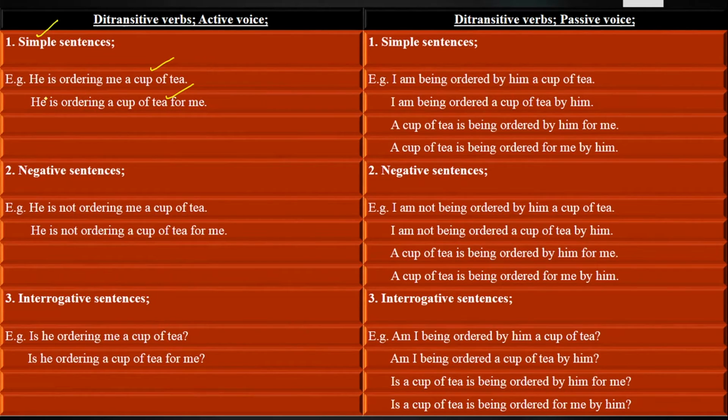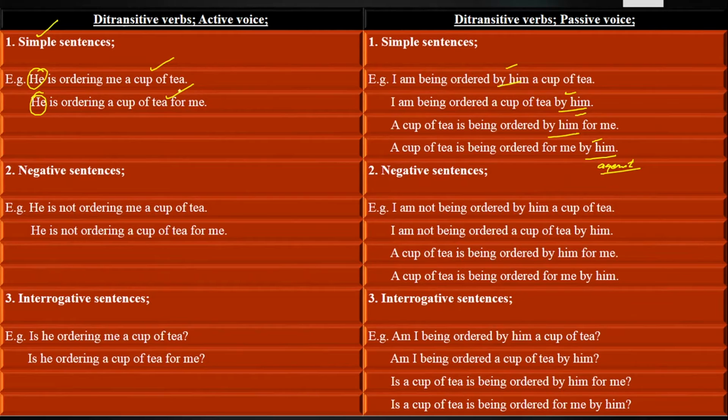Main thing, how to change them into passive voice, we will be discussing the little bit the rules. You know, when you bring the subject in the place of object, you make it by him. So here by him is called agent instead of object. When subject takes the place of object, there it will be called agent. Most of the students, they write it object, but that is wrong, because in object something is done, but agent, it tells us who does an action. So you can see that by him action is being done, so there it will be called the agent.